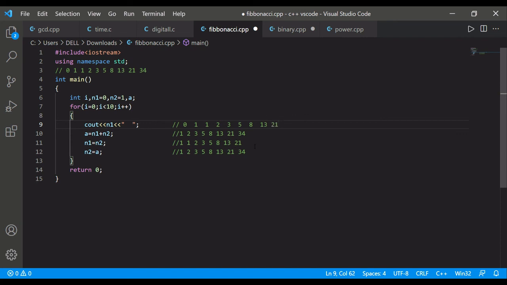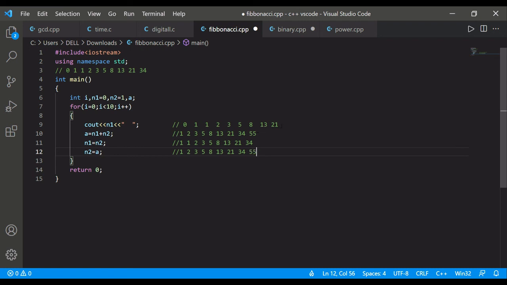So 21 it will be printing. So here a is 34 plus 21, that is 55. And here n1 has the value of n2, that is 34. And here the value is of a, that is 55.